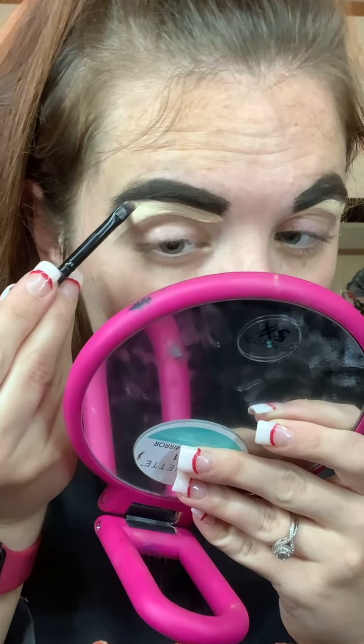I try and switch it up, guys, because I feel like who wants to see the same thing over and over and over? Not me. I feel like I don't know my concealer brush because it's clean. You know what I mean? I know that sounds gross, but